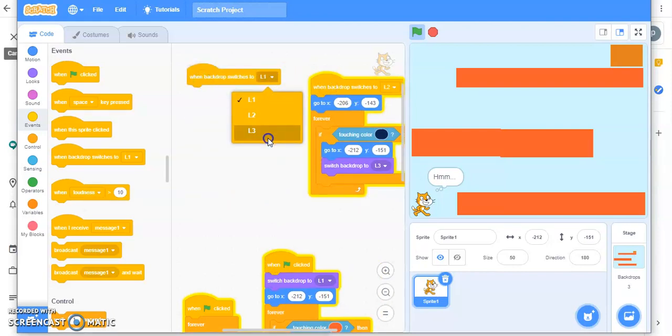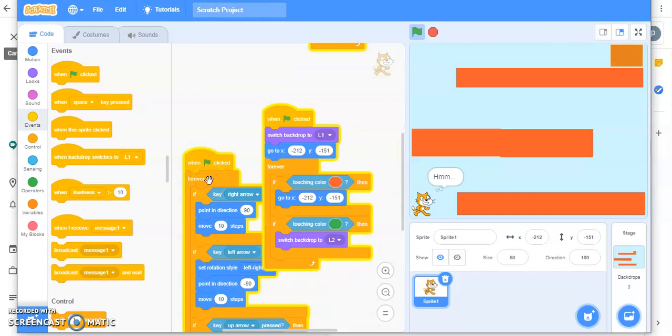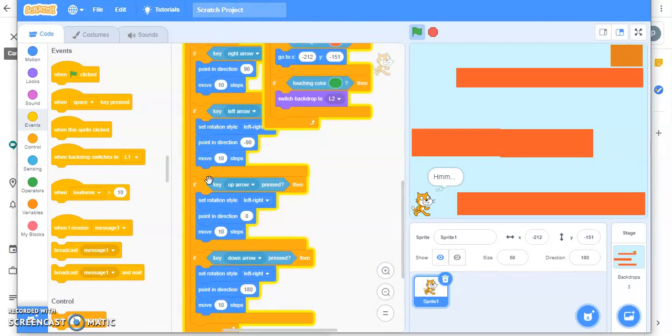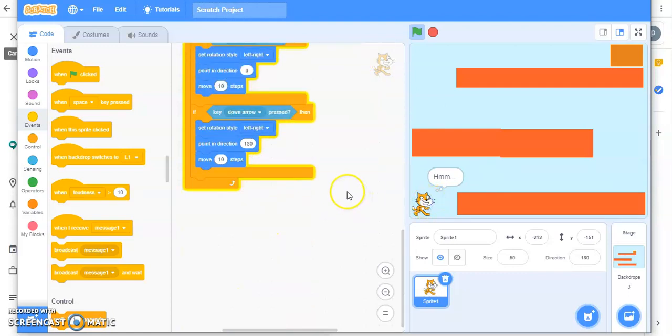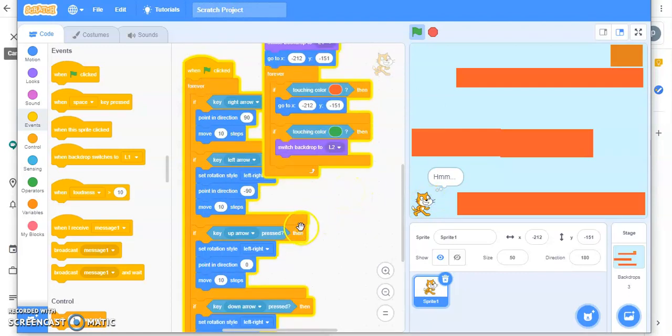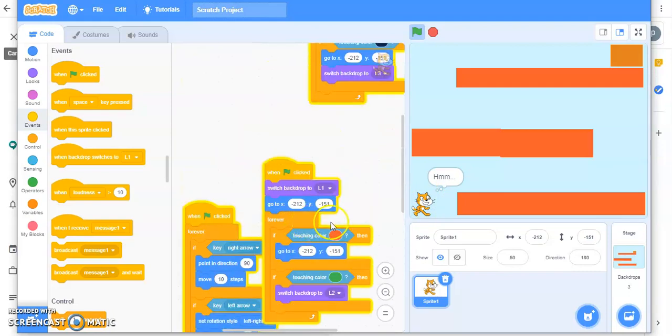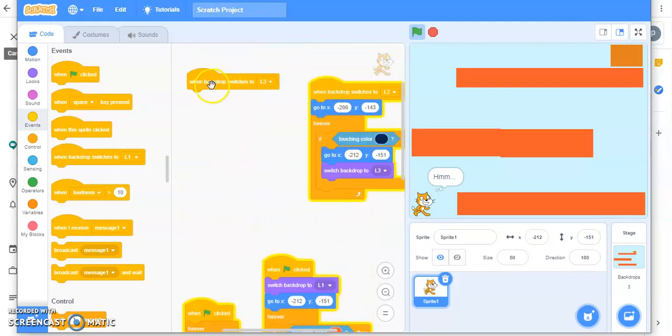When backdrop switches to level 3, what do you want? Okay, not a problem. When this backdrop switches to level 3, you'll take forever.